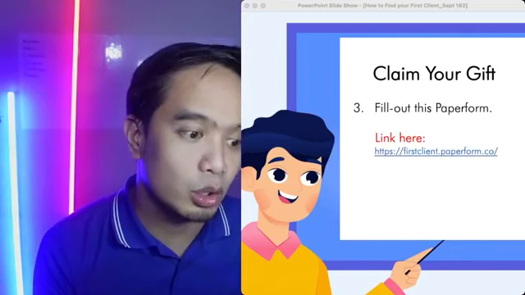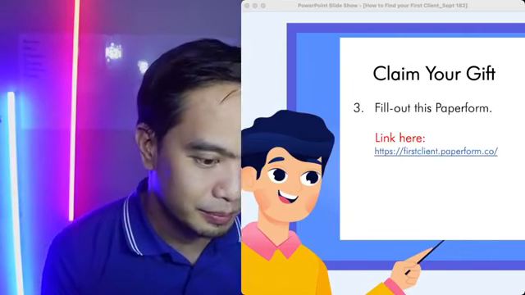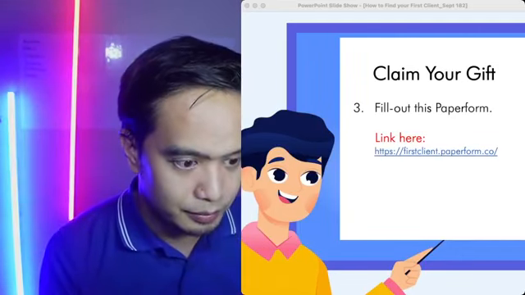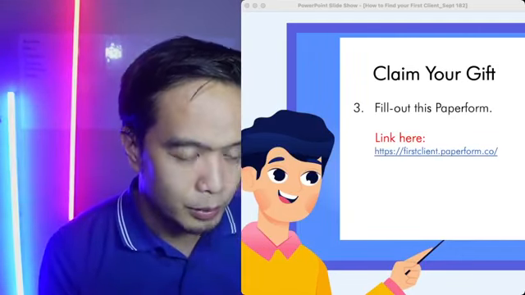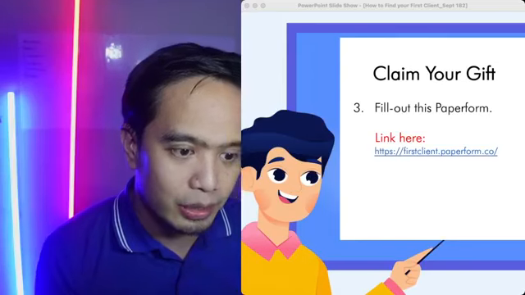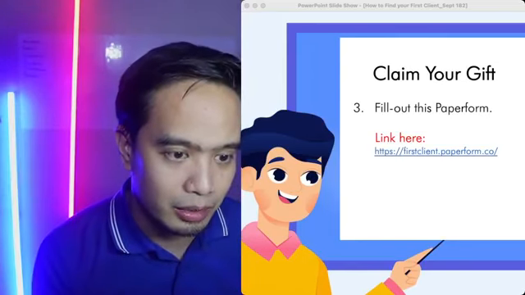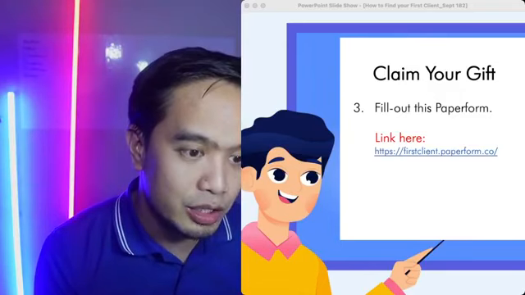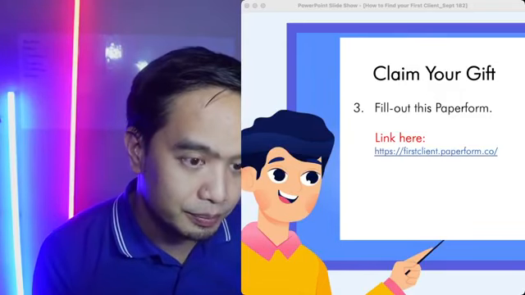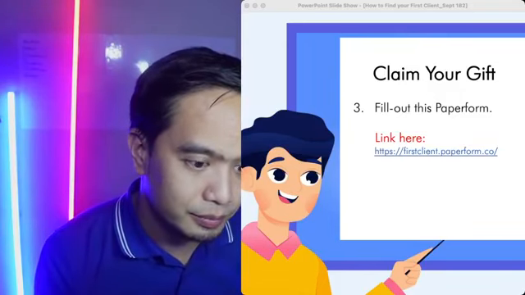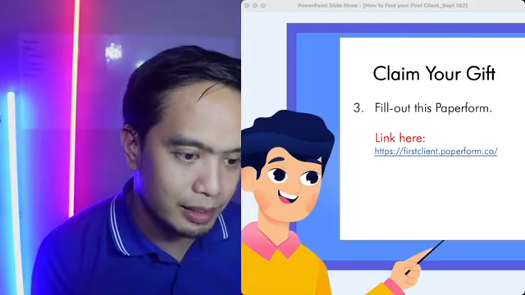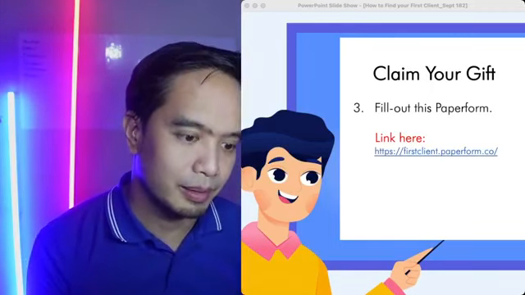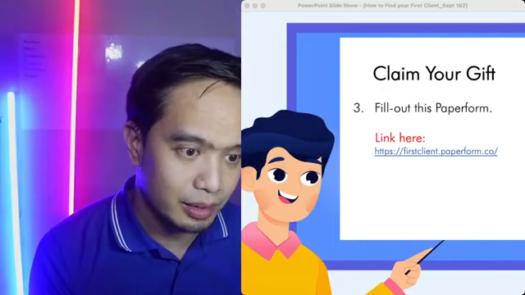Sige. Put .co, not .com, guys. Walang M. So just remove the M if you've typed it. For those that have posted it, you can edit or delete it. Kasi .co lang. Jeline, Aji, .co lang siya. Sige, that's the problem. Sige. Additional questions.